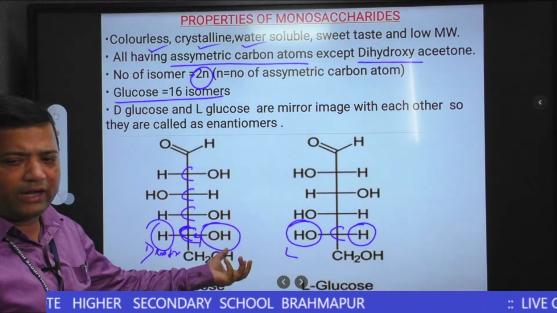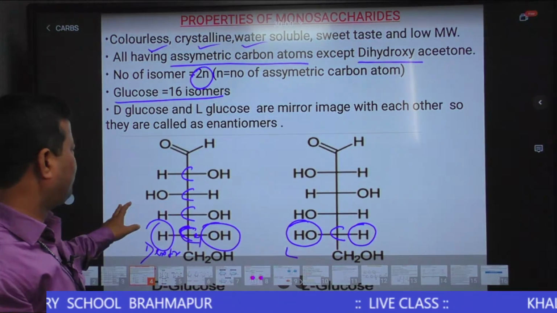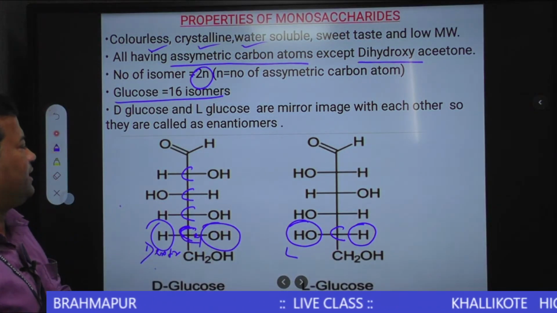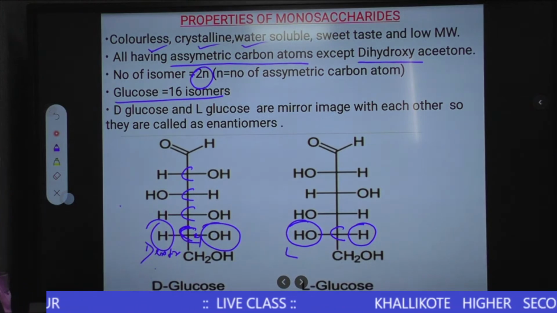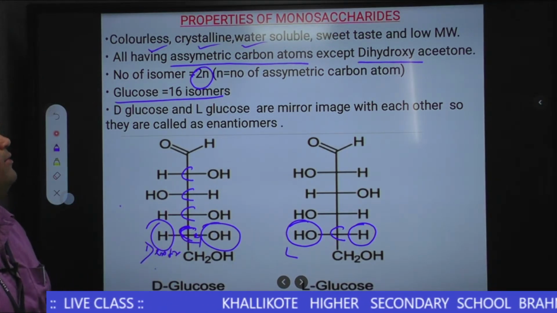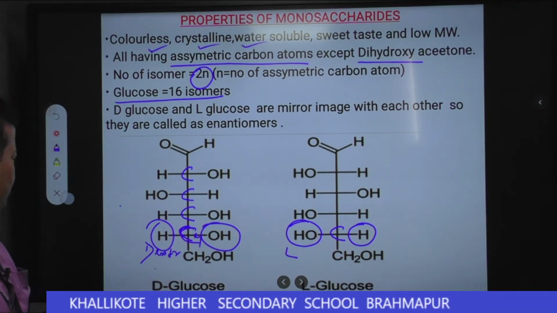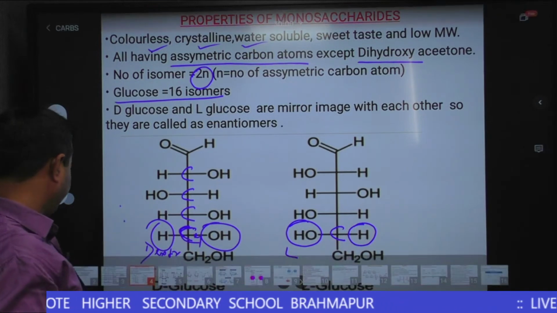So this is called the L-glucose form, and this is called the D-glucose form. In most biological systems, D-glucose is the common occurrence in all cells and different living systems. Next, we come to the